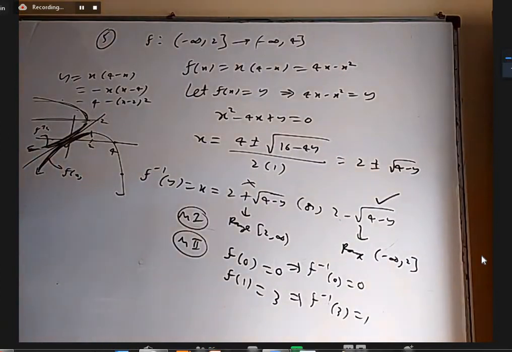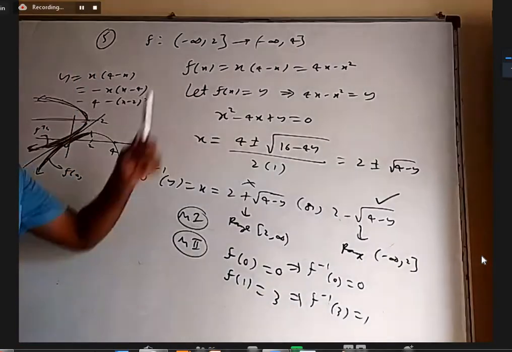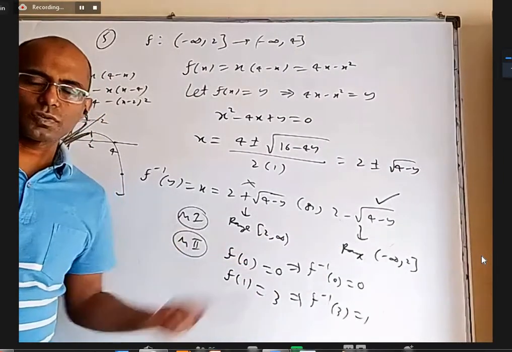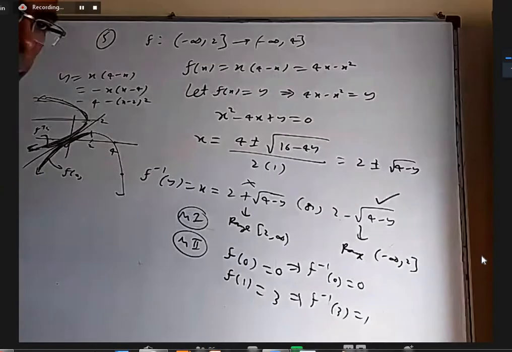Okay, so for this question, the graph may be difficult for some people. So if you do not understand the graph, don't worry so much. I'm just telling you why two options are coming like this. But this is something very simple. Anybody can relate to it. Take some number in the domain, find its image, substitute that image in the two answers, whichever gives your original number back, that is the required inverse function.